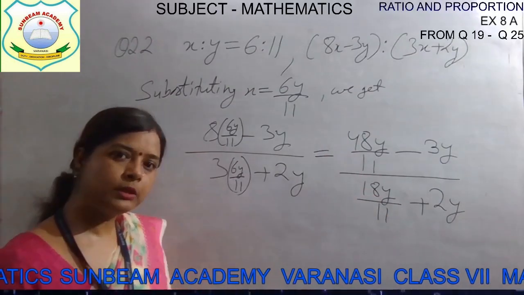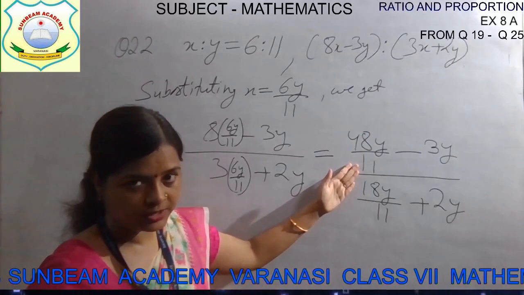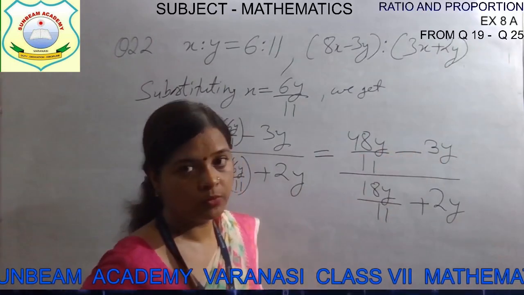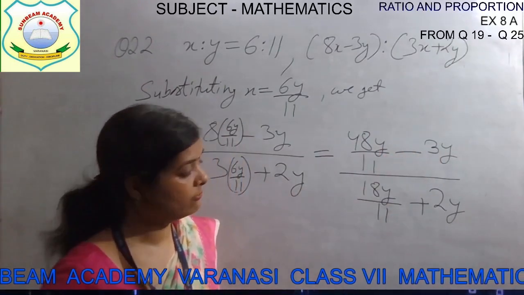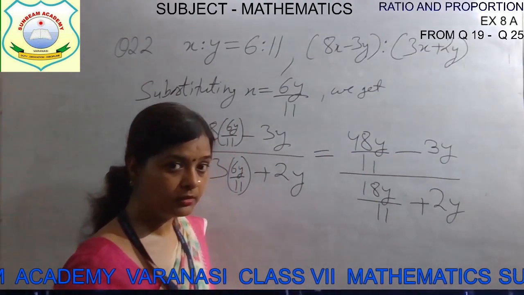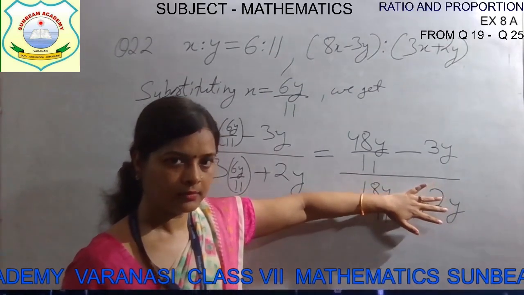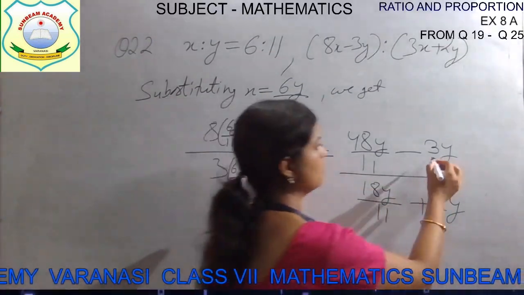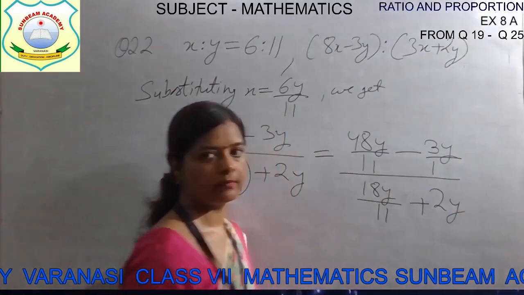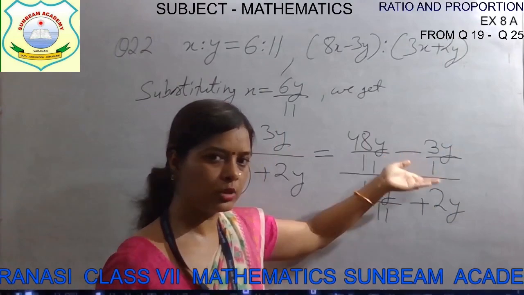After this, what will we do? In the numerator, you can see there is a number which is a fraction, and one more term. So how can we simplify the numerator, children? Just focus on the numerator first. Can you solve it? Yes. How? Just put 1 here, and then try to solve. Take LCM or do cross multiplication.